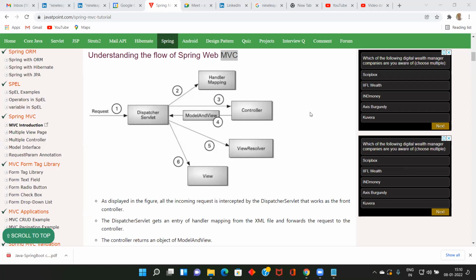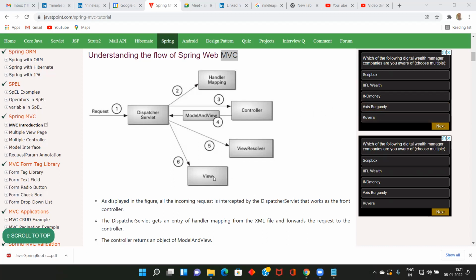In the IOC AOP example, I told you there is a service layer, a service class, and a DAO class. Anyway, we are going to see all those things, and the DAO in turn connects to the database. So when you click in the browser, all information will come to the Dispatcher Servlet. Then the Dispatcher Servlet will identify which controller. There can be a number of controllers in the application. Then it will go to the service, then to the DAO. By using Hibernate, we will connect to the database, save or retrieve information, which we are going to see now.